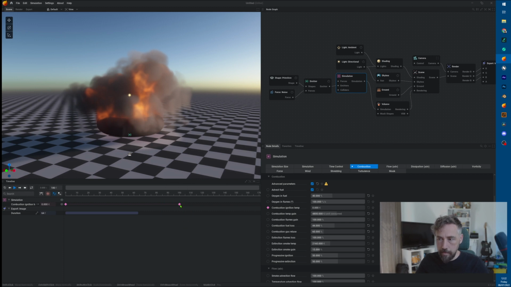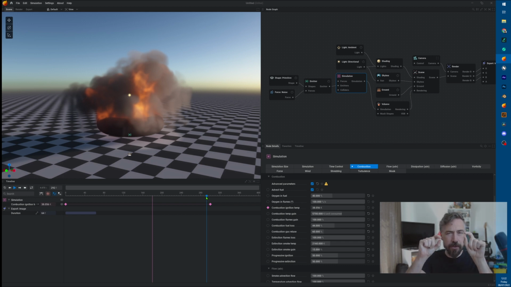I would probably pull this one along to, let's say, 300 or somewhere around there. And I would set another keyframe just before it. And for that keyframe, I would say you need to have that. Oh, it's not going to set it actually. It's a weird thing when you're trying to set keyframes, they're too close to each other, they don't seem to kick in. So I'm going to come back here,